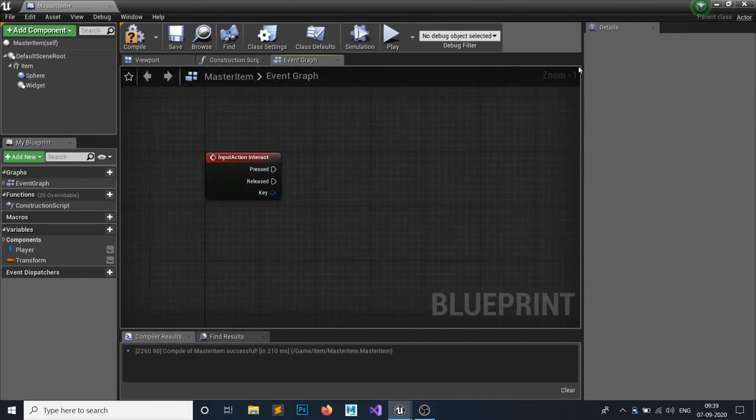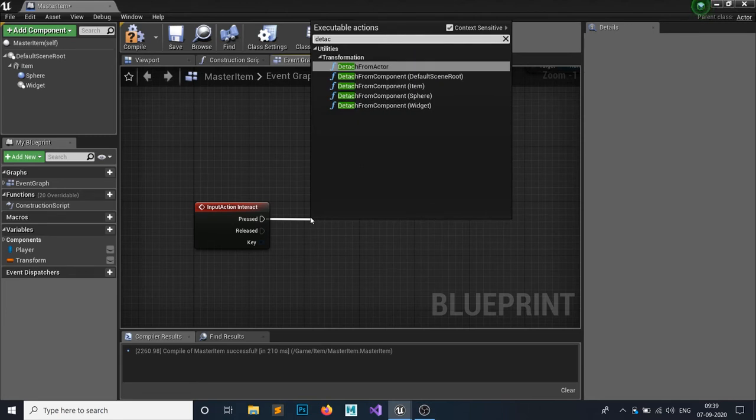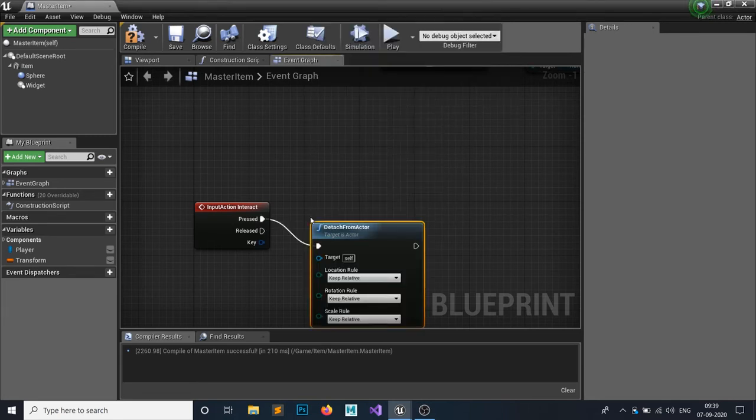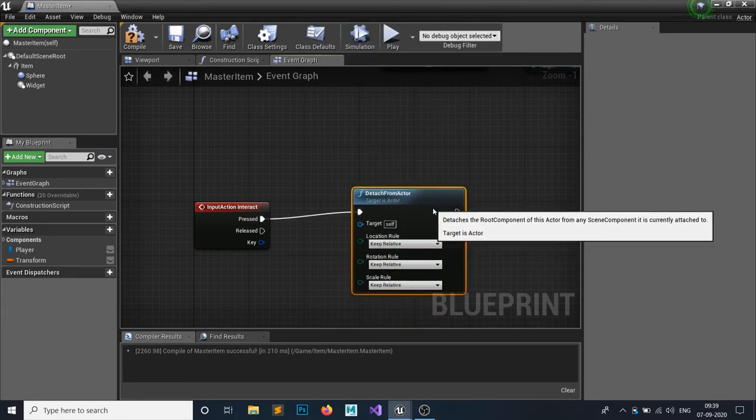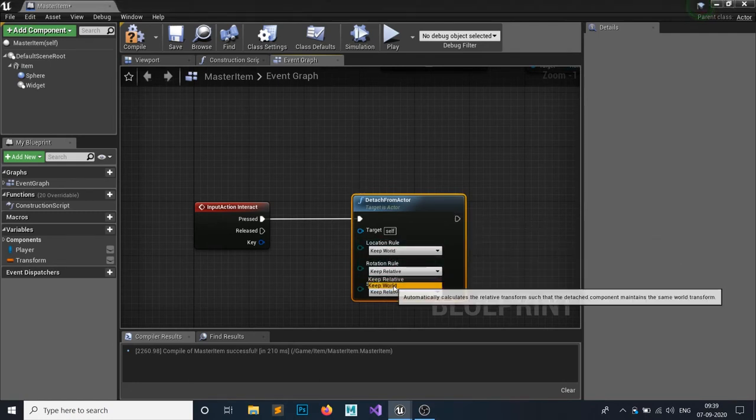So just add this event interact, and we have now disabled the input of our player and enabled the input of our actor. So from this, first you have to detach it. So detach from actor like this. Let's say all the location root would be keep world.